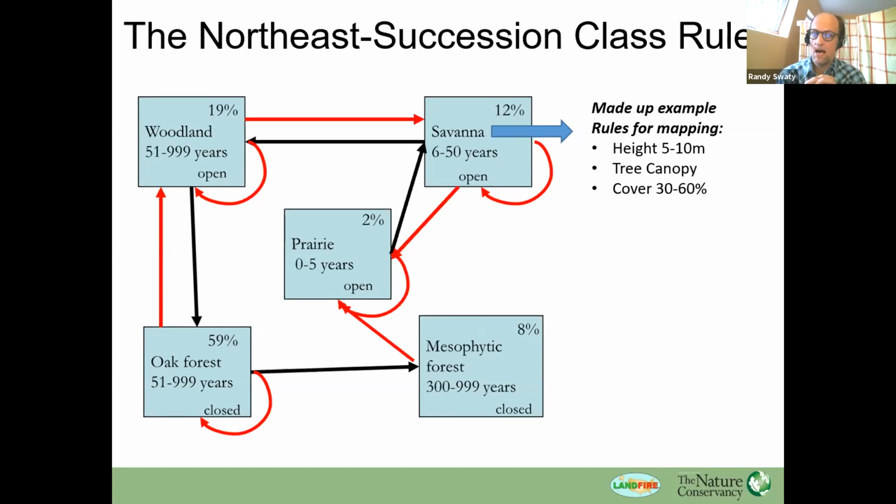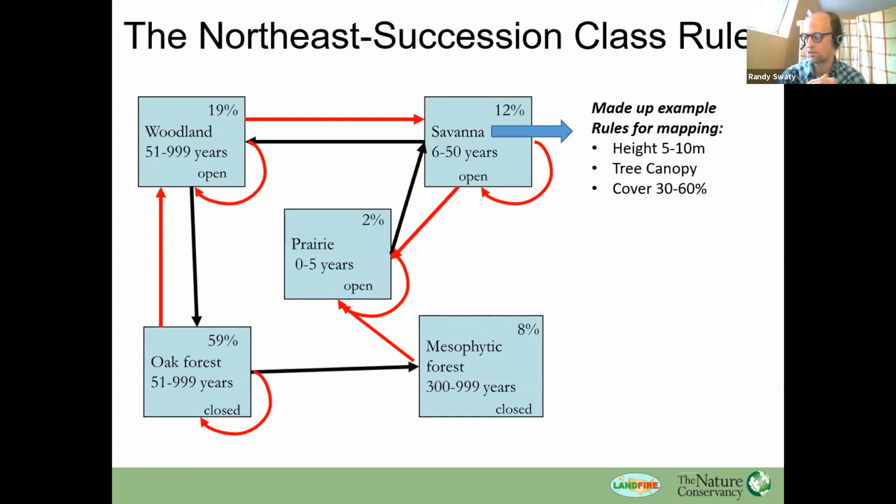We did not try to map where these succession classes were historically because we assumed they moved around, but we did develop rules to map them on the landscape today so we could find out what percentage of this oak ecosystem or others are in the different succession classes. The succession classes for mapping are largely defined by canopy height and canopy cover. I just made up some rules here.